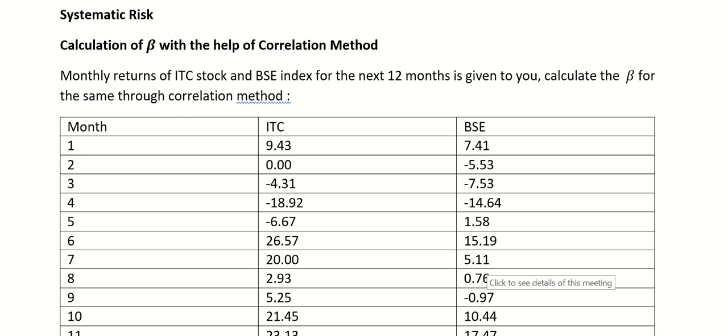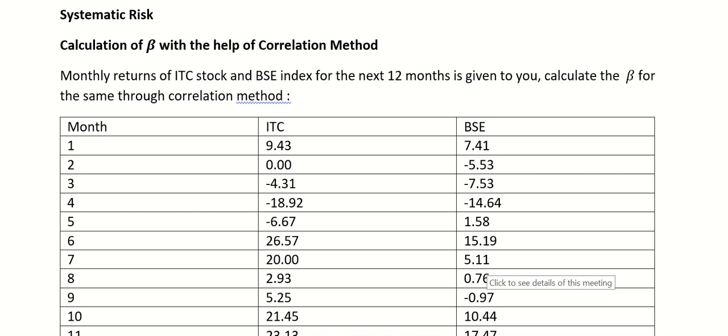Right? So today the topic which we are going to discuss is systematic risk, and earlier also we have discussed systematic risk. So systematic risk is basically the risk where we talk about the risk in a global context, where some major contingency arises in the market, and because of that contingency, each and every company in the market is suffering.